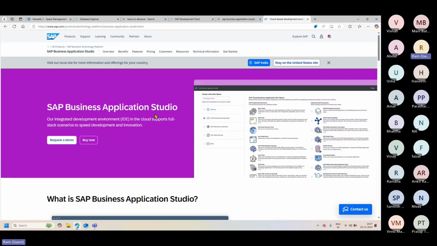This Business Application Studio is a containerized thing. Like they have Kubernetes in the backend that is creating containers, and it is launching that VS Code for you. So the benefit for the customer is you don't have to install anything locally, and you can operate from any system, even if it's very old and it does not have the resources to run a full-fledged development thing. But the downside is if you have